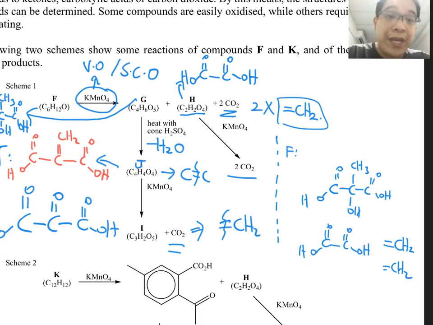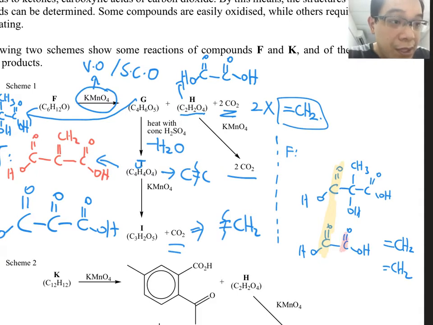Let me show you what I mean here. Let me do a highlight so you get a good idea. So right now, I'm going to connect this carboxylic acid here directly to this group. Okay, so this is the vigorous oxidation. You're thinking backwards. So this carbon and this carbon will join together to form a double bond. Then after that, let me use a different color.